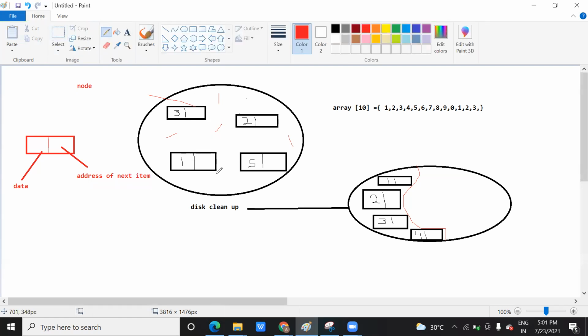So this node will hold the address of this node, and after 2 whatever data is coming will hold the address of that. Means when you run the program, your compiler, your processor will get the data by approaching based on the address. They will get 1 2 3 4. After 3 suppose 5 is there, so this address will point to this node.